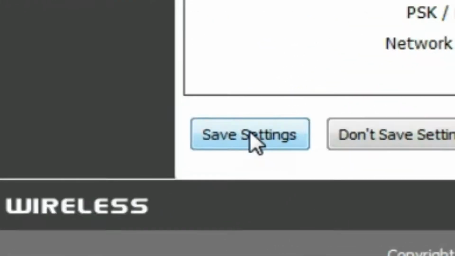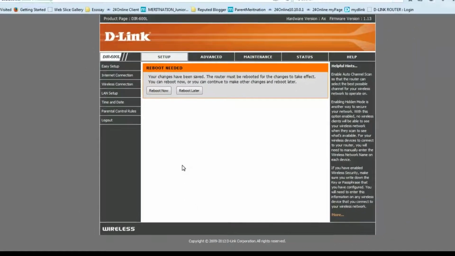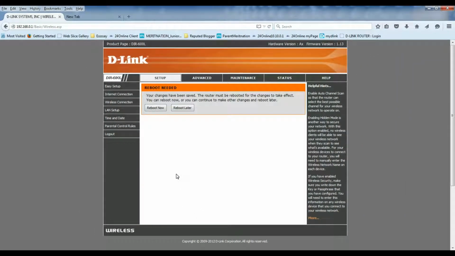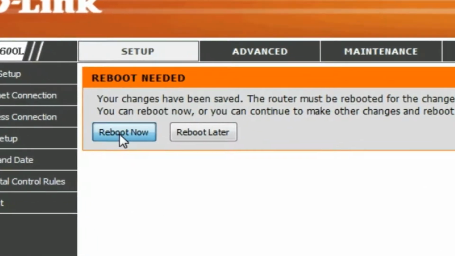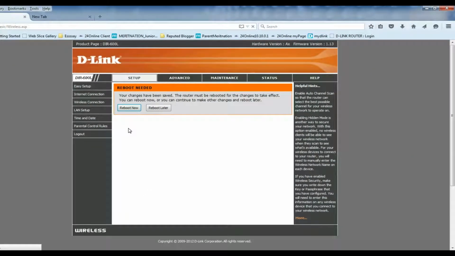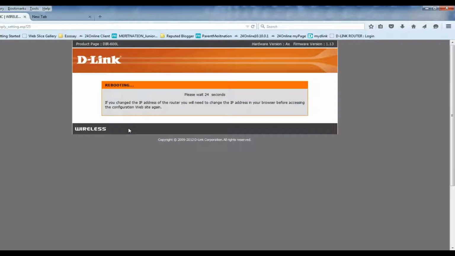Okay, now I will click on save settings. Whenever I save the settings by enabling the Wi-Fi, we have to reboot it. Reboot now. Now you can watch on your router that there is a light signal of the Wi-Fi generator.